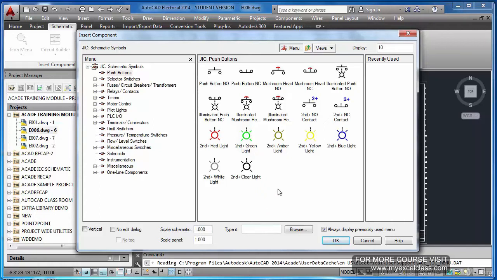If you don't have a component here and you have created your own symbols, and kept them in a separate directory, then you can browse and take the component from there as well. But anyhow, now we are utilizing only these available components.